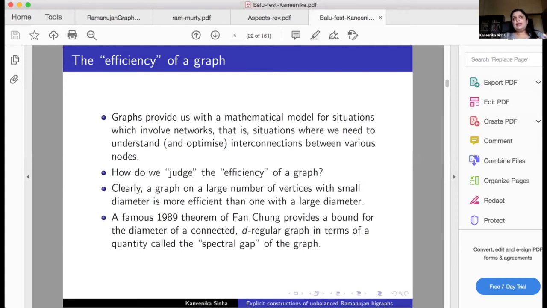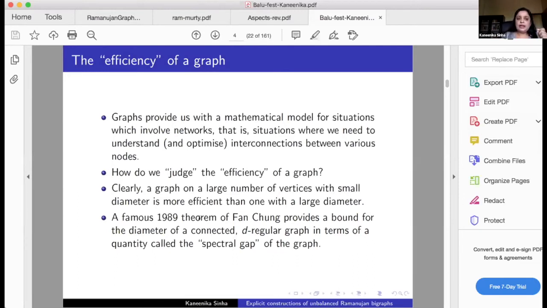So the other extreme situation is that you have a large number of vertices, but you also have a very, very large number of edges, for example, in the complete graph. But there, the problem is that of use of too many resources to ensure connectivity across all nodes. So to judge how efficient a graph is, or what is the quality of a graph, one notion is to